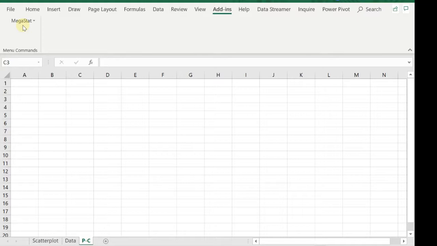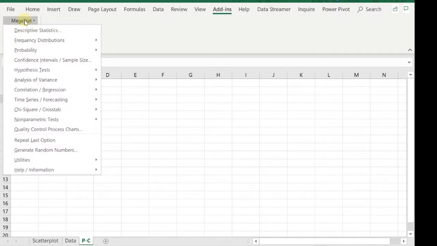I'm not sure why it does that, because I'm not in touch with how this add-in, the third-party vendor, has worked it. But on mine, it tends to stay. But in my other laptops, it doesn't stay either. So sometimes I have to reinstall it. But anyhow, assuming you have Megastat in there, you go to Excel add-ins and there's Megastat.